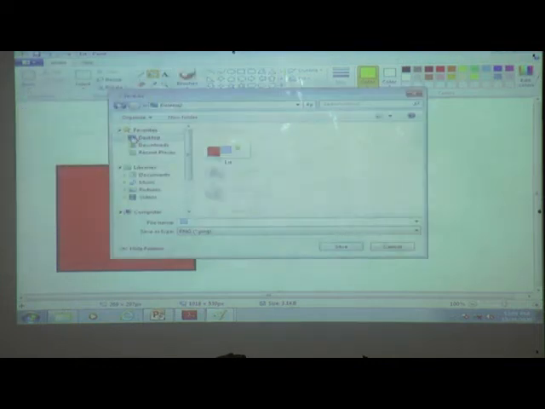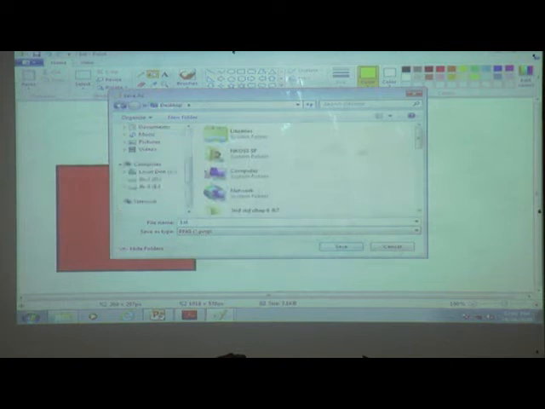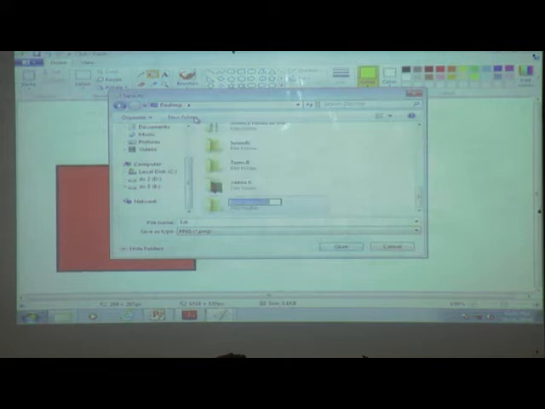Then desktop. Which folder do we want to take? We will create one more new folder. New folder. Click which button? Mouse left button. Click on the mouse left button, and then by using keyboard give the name.